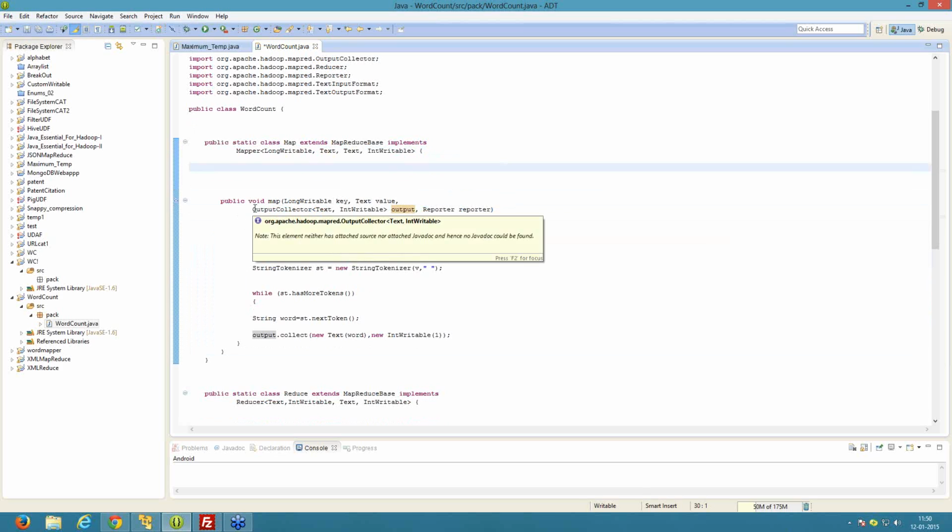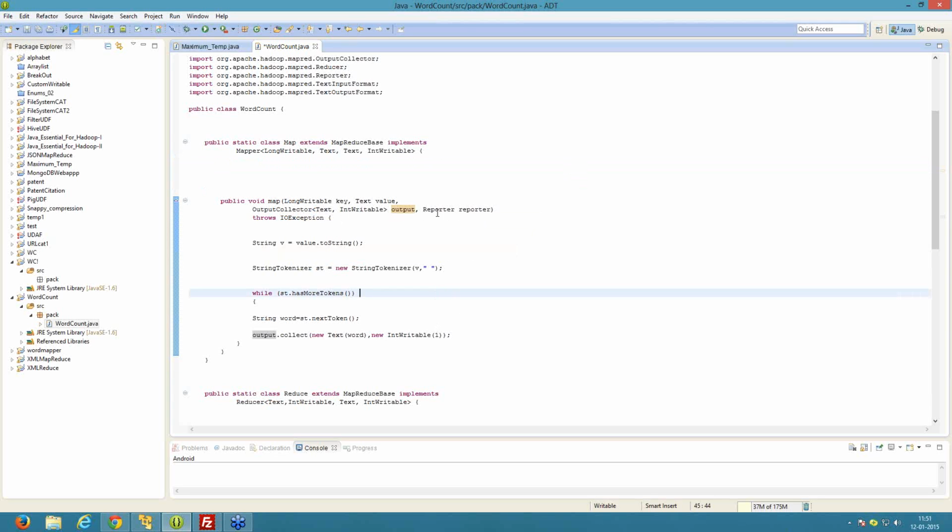The OutputCollector basically collects the output of the mapper phase, and it emits the data in the network. We have an OutputCollector class in both the mapper phase and the reducer phase. In both phases we emit the data in the network, and this is done by the OutputCollector. And we have the Reporter class that updates the counter values. It is basically a monitoring tool that monitors the counters and status of the MapReduce job.